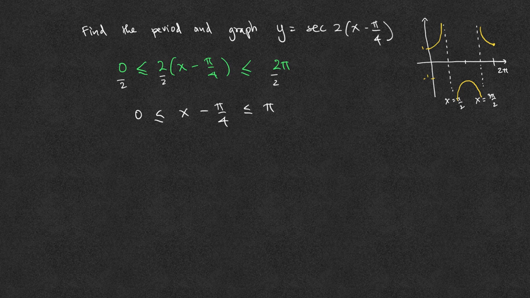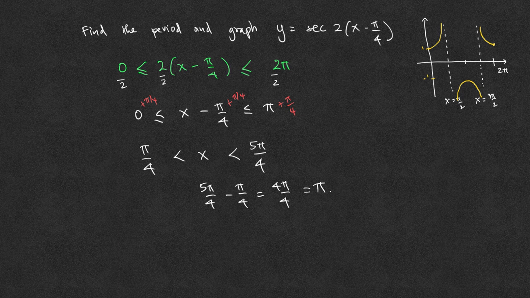And then we add pi over 4 to all parts. Add pi over 4 in the middle, add pi over 4 in the first part, and add pi over 4 in the last part. 0 plus pi over 4 is pi over 4. The middle part is now x by itself, and the last part is 5 pi over 4. The period of this function is 5 pi over 4 minus pi over 4, which is 4 pi over 4,